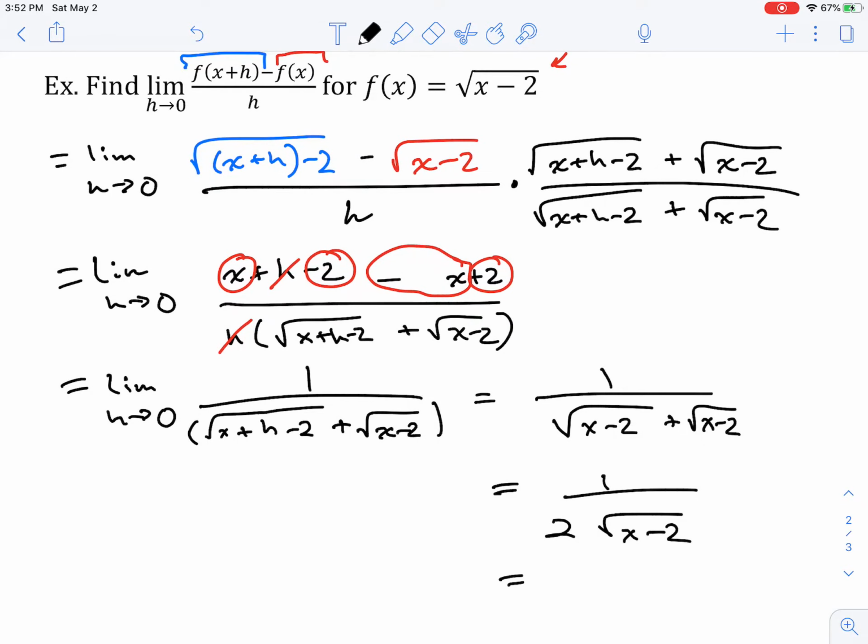You can also rewrite this as 1 over 2 times x minus 2 to the negative 1/2. And heck, if you wanted to rationalize this even, you could get root x minus 2 over 2x minus 4. All right. Again, right now we're just doing a process without really understanding what exactly this means, but that's why you're going to click on